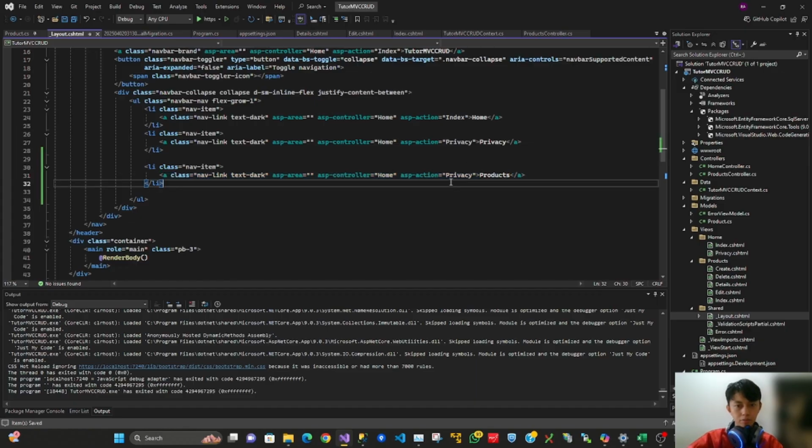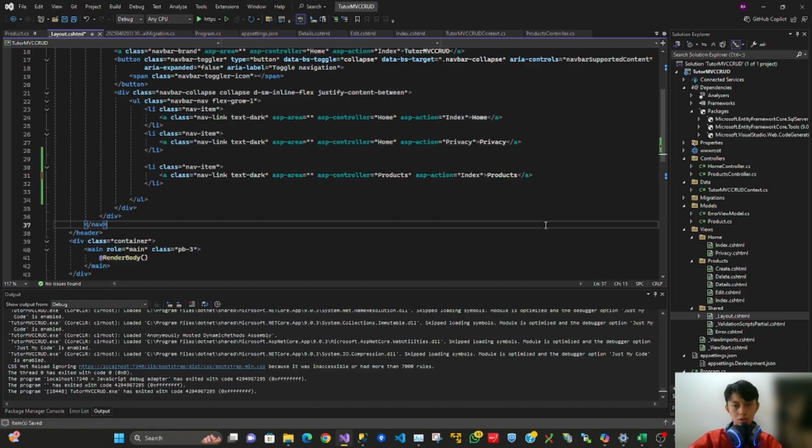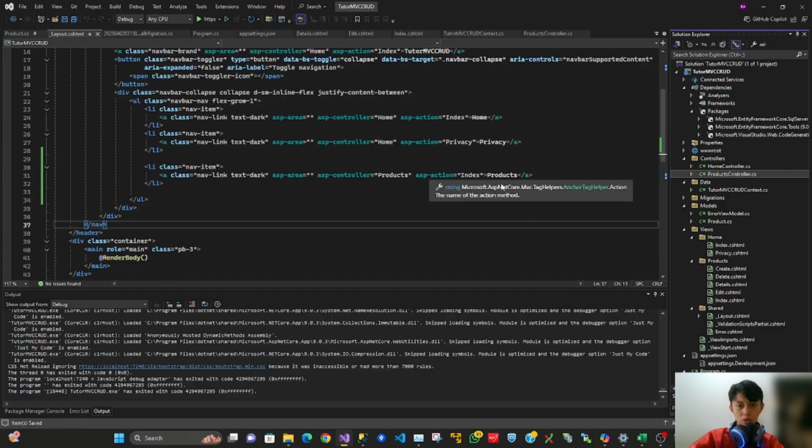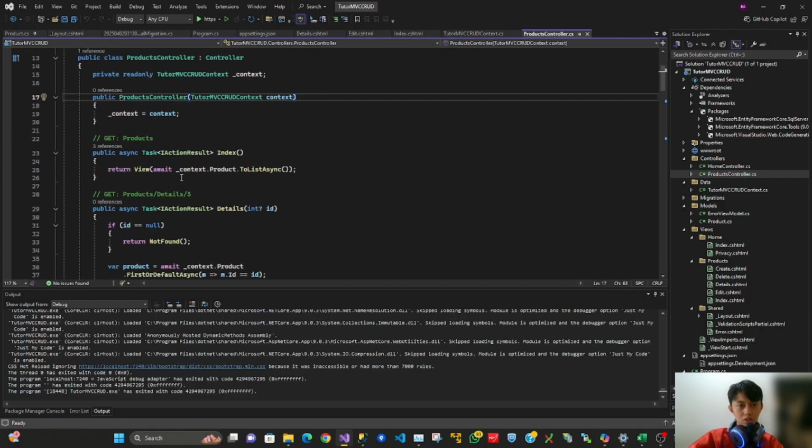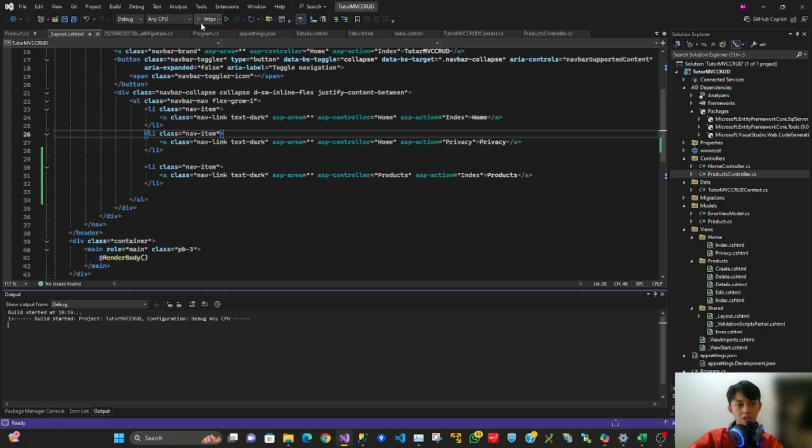Product Index. The asp-controller attribute should be filled with the controller name, Products, and the asp-action should be filled with the Index value, because Index returns the view. This is the Index action. Let's try how the result is.